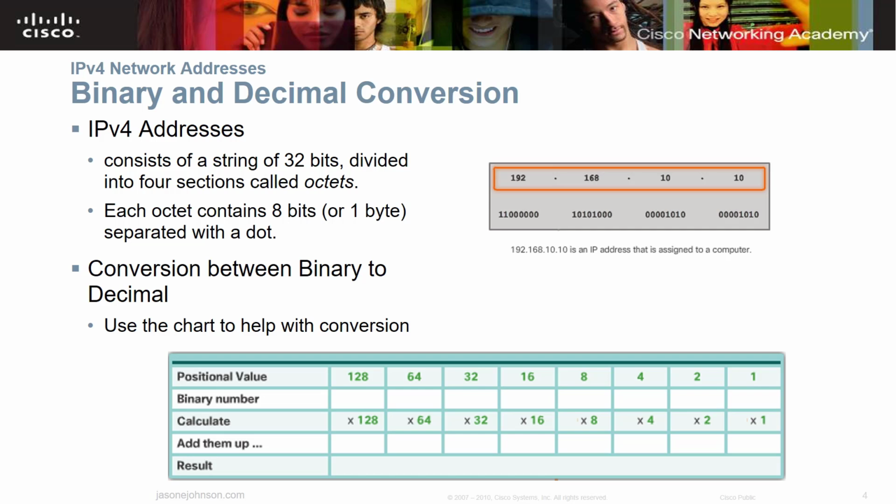What I will just talk about real quick is V4 addresses and the concept of it. So a V4 address consists of a string of 32 bits, not bytes, bits, divided into 4 sections called octets. So you'll hear the term octet. Well, an octet is 8 bits. So you have 8 bits, 8 bits, 8 bits, 8 bits, and that makes up 32 total. So each octet contains 8 bits or 1 byte of information.